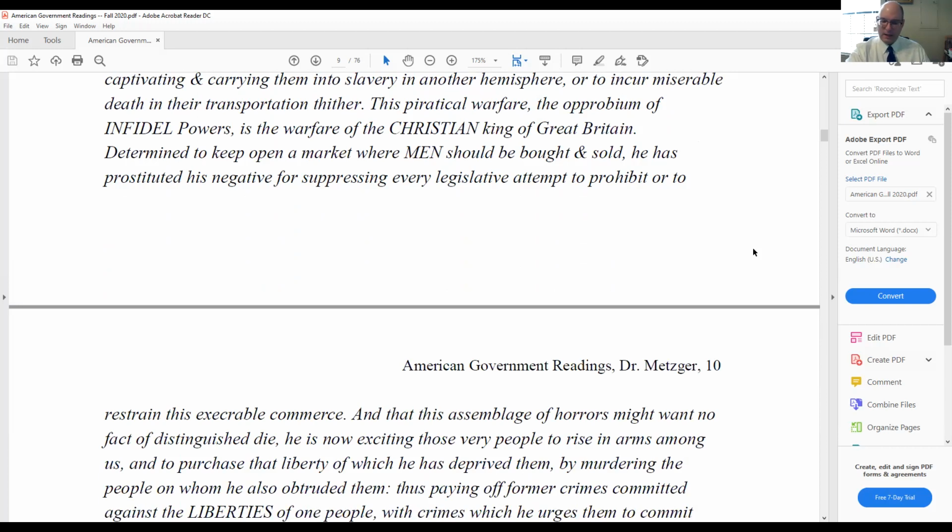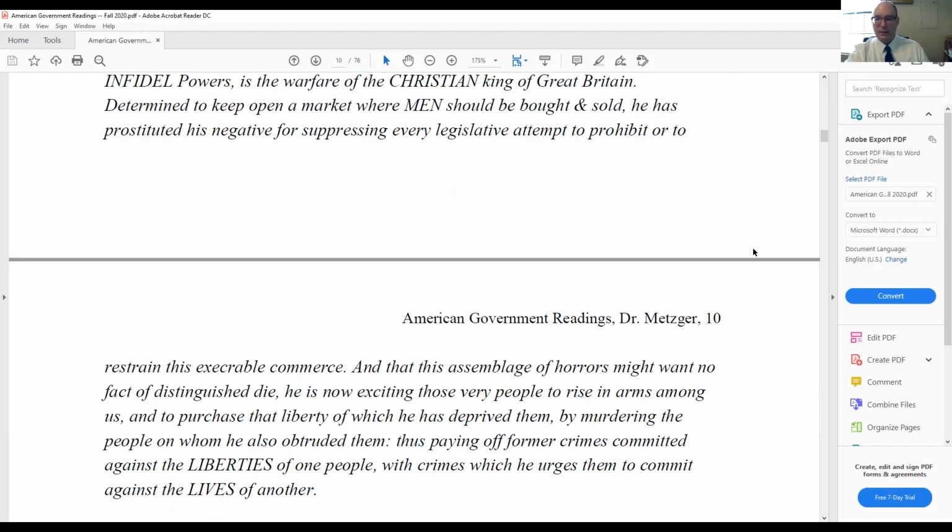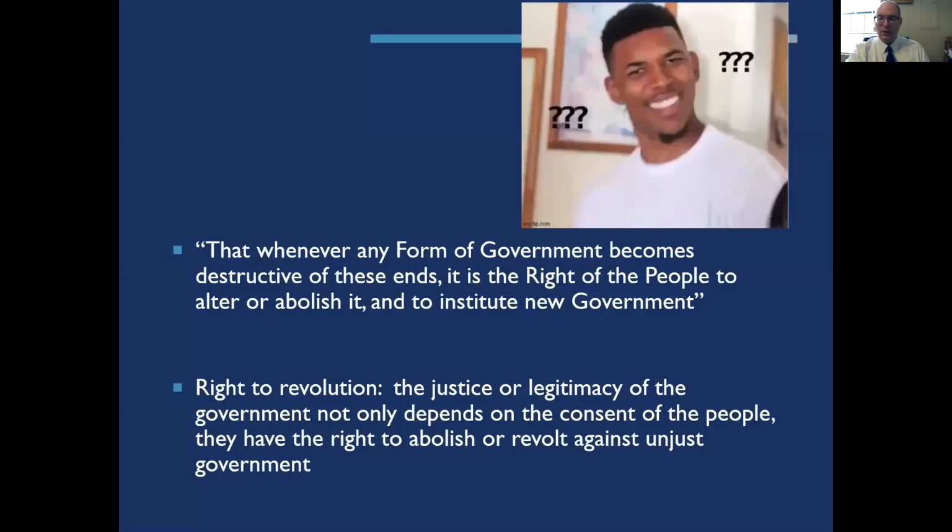And then he goes on, now that the colonies are thinking about rebelling, he says the king is trying to incite the enslaved population to rise up against them. Okay, so what's going on here? Jefferson himself famously owned slaves, and he writes this very fiery denunciation of slavery, which the other members of the committee, who were often Northerners, who themselves were opposed to slavery and certainly didn't own slaves themselves, said, listen, you have to take this out.